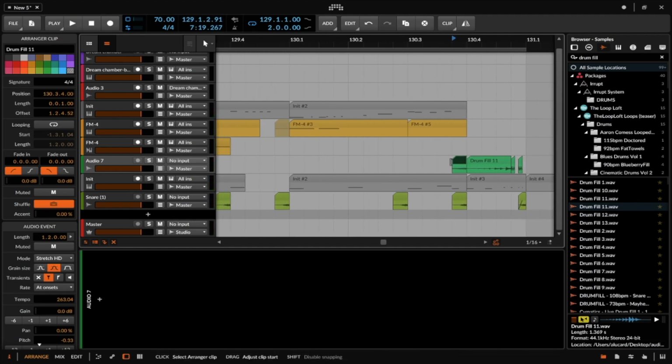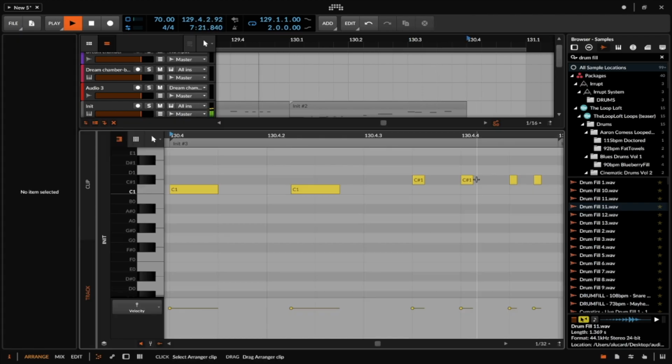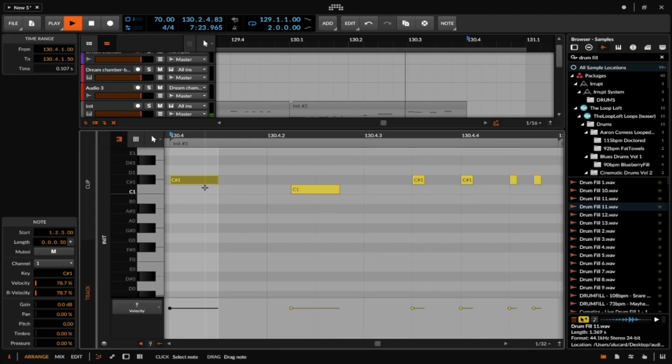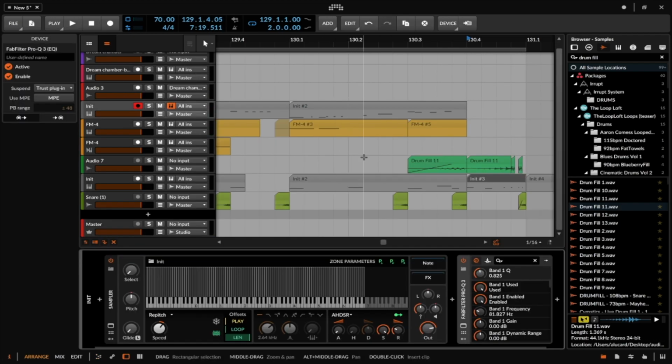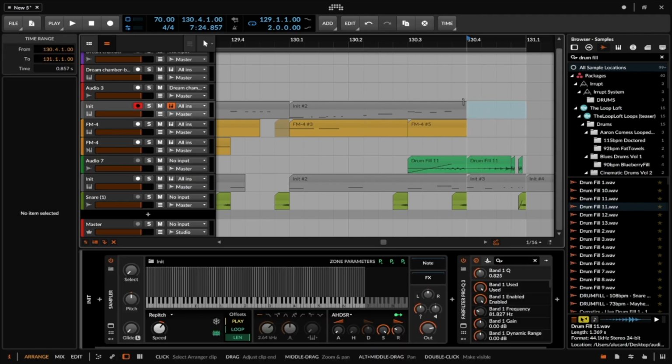Okay, that's almost there, but not quite. So I'm going to stretch this out again, maybe this long, and let's go ahead and fade that in. And while it's not perfect, you can see that this will allow you to do some stuff in between. So let's say you have a really long note, and we talked about doing stutter